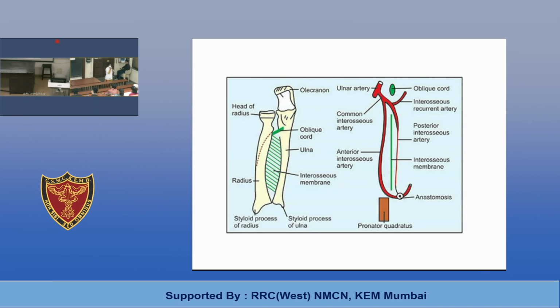What are the relations of the middle radioulnar joint, which has this interosseous membrane? This is the ulnar artery, this is the anterior part, this is the posterior part, and here you can see how it gives the common interosseous artery. This common interosseous artery further divides into anterior interosseous and posterior interosseous artery. The anterior interosseous artery runs along the anterior surface of the interosseous membrane, then passes through the oval gap in the lower part of the membrane and enters the posterior compartment. The posterior interosseous artery arches over the upper border of the interosseous membrane and enters the posterior compartment to supply the posterior, or extensor, group of muscles of the forearm.